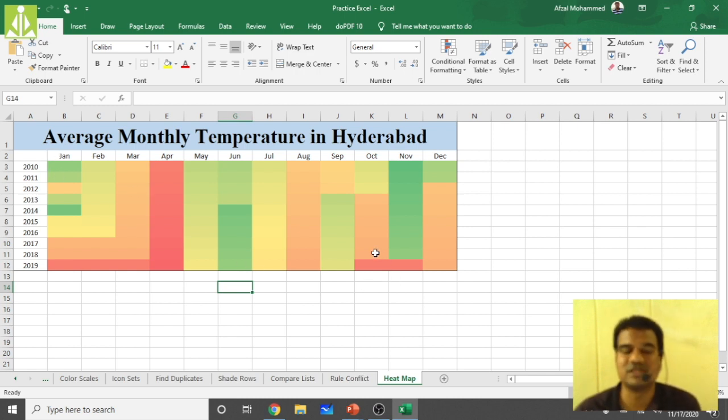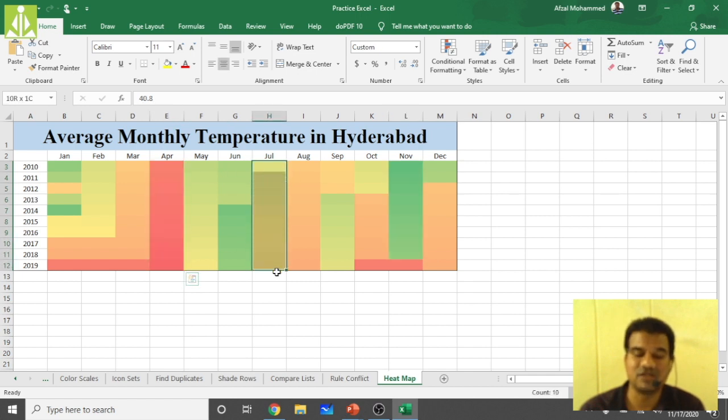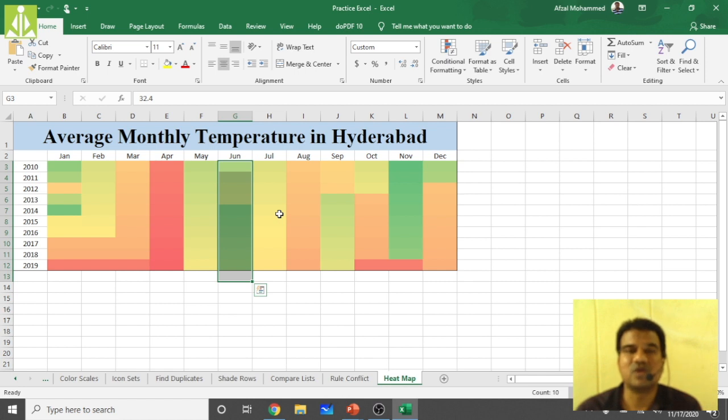Now, without even depending on the temperature values, you can predict the temperatures simply by seeing this heat map. We call this map a heat map, a geographical heat map. Here we have the lower temperatures, here we have the highest temperatures, here we have the average temperatures, here once again the lower temperatures. Likewise, you can predict the temperatures just by seeing the colors. In this way, heat maps are helpful in predicting the temperatures in a particular area or a particular region. Hopefully you understood this concept clearly.